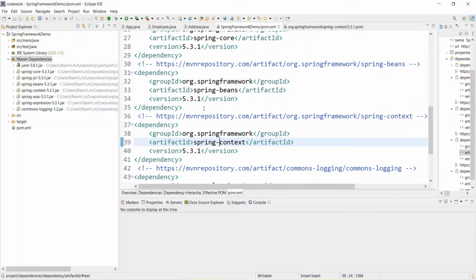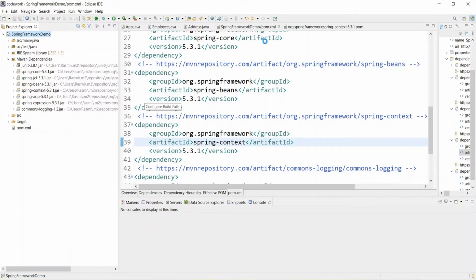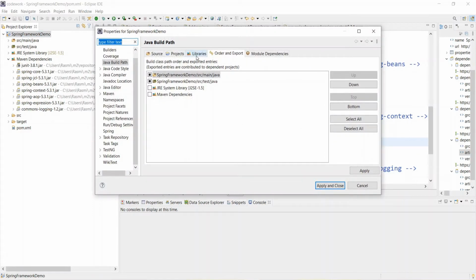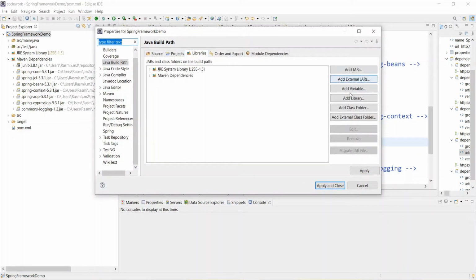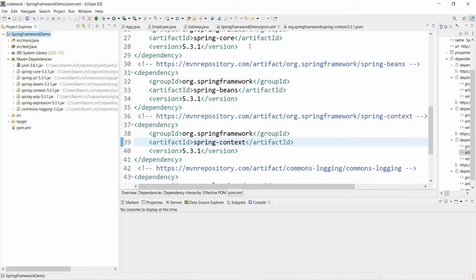So Maven has managed. You don't need to go and download one by one and add to the project. If you were not using Maven, what you would have done is download the jar file manually, then go to the build path, configure build path, and add the third party jar file from here, right? Add external jar, this you would have done. So already, if you see, in the Maven dependencies, all have come here, right? And this is managed by the Spring container.